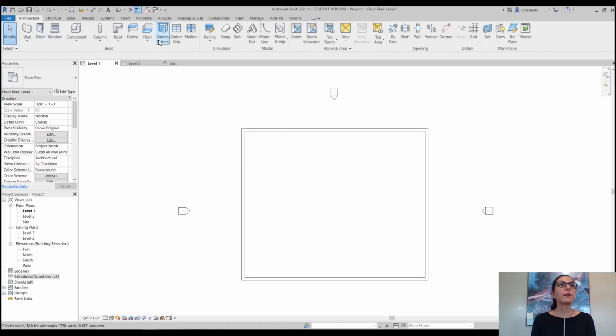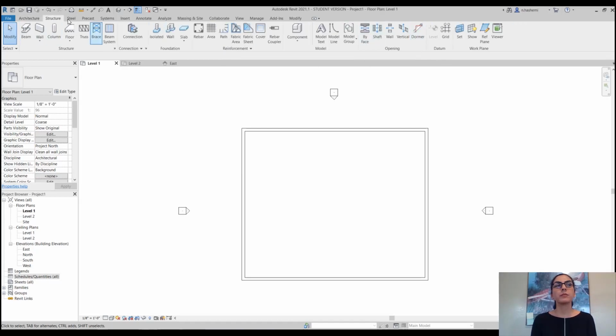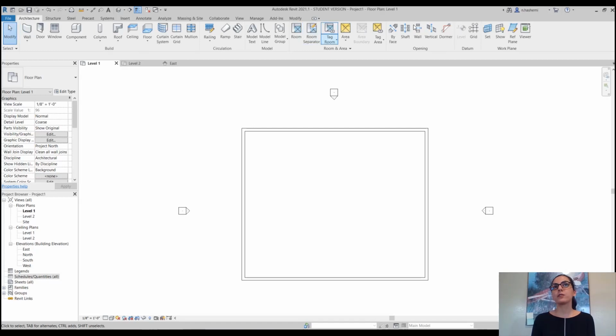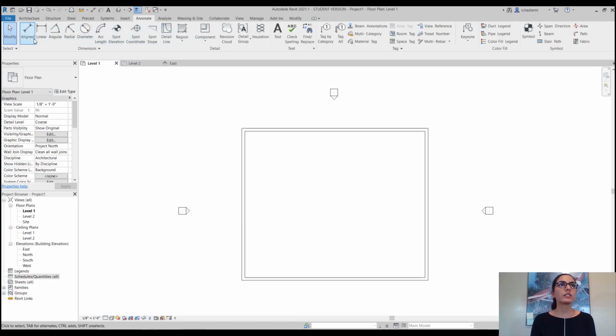And one more thing is that we have different tools in each of these tabs, but some of them may repeat in different tabs. For example, what we have in Architecture, these openings, you can find them here as well. The tab that we will work in mostly is the Architecture tab. We have the Annotate tab, where you can use different dimensions and such things.